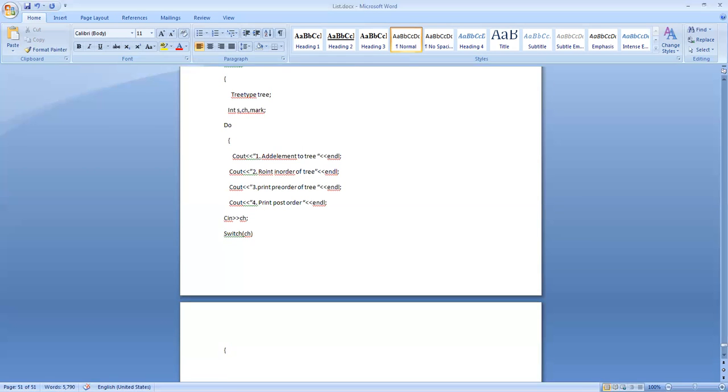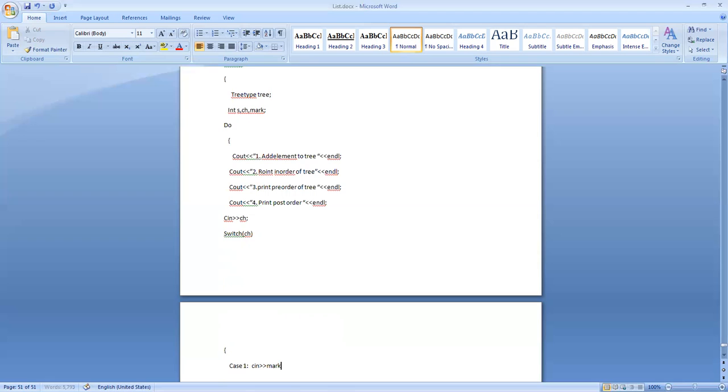Okay, case one. What to do when it is case one? Let me create a tree of student marks. For that I have a variable called mark. Okay, cin mark.